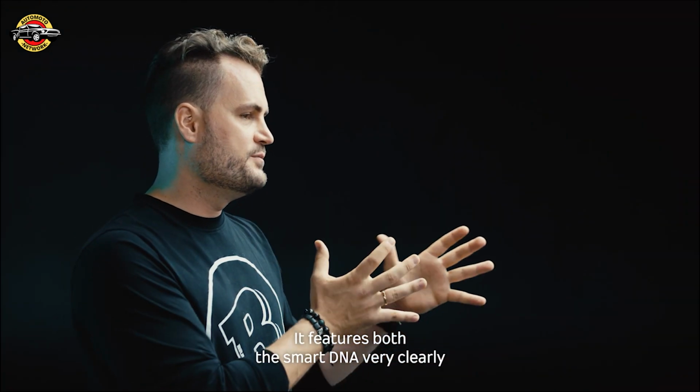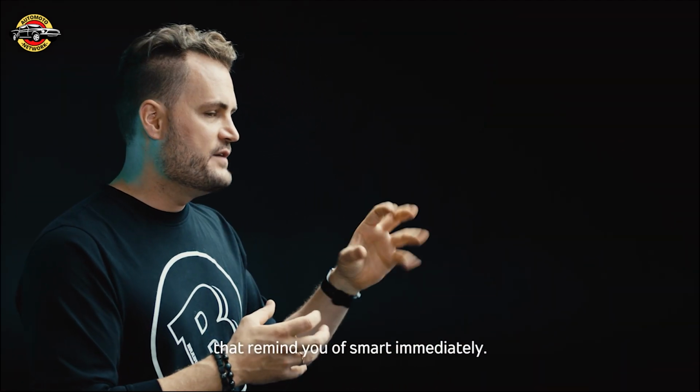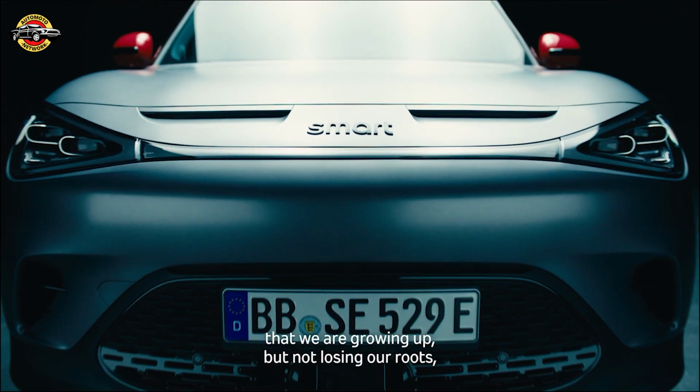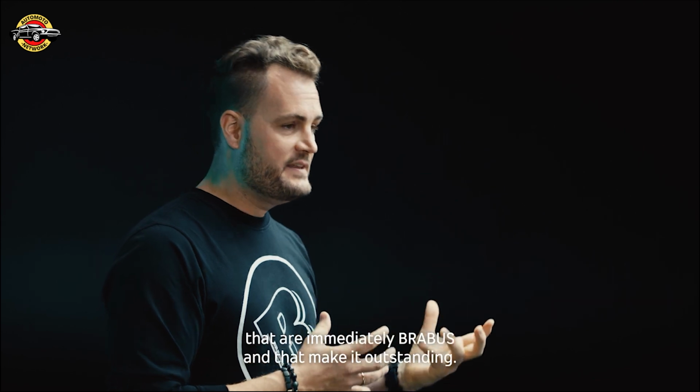It features both the Smart DNA very clearly and the BRABUS DNA. Yeah. There's so many things inside and outside of the car that remind you of Smart immediately. This was always our purpose, that we are growing up but not losing our roots, so that it's recognizable as a Smart. There's all kinds of really nice design elements on the car that are immediately BRABUS and that make